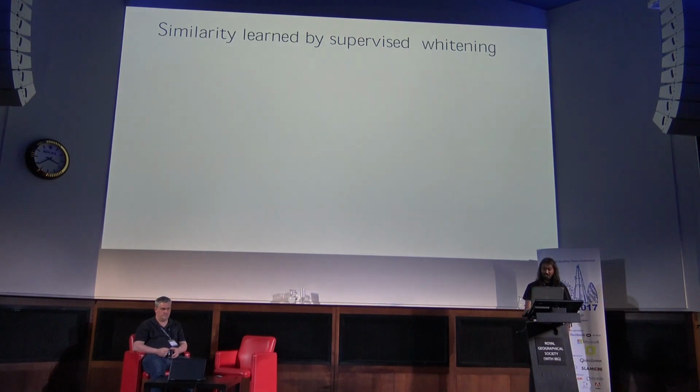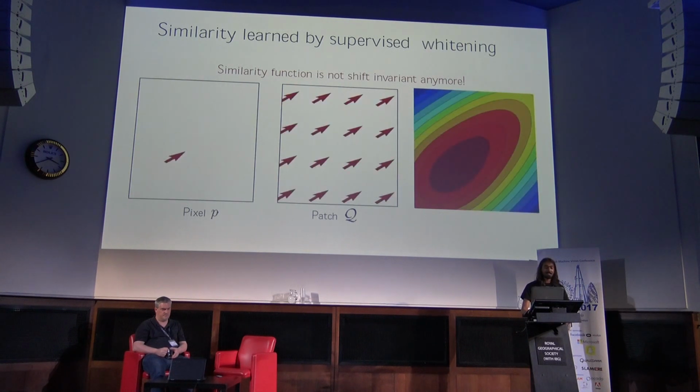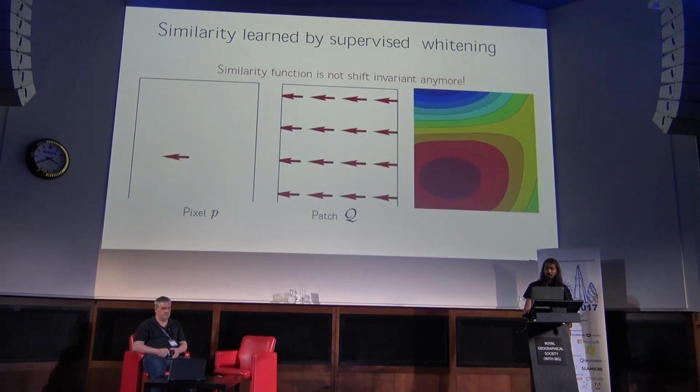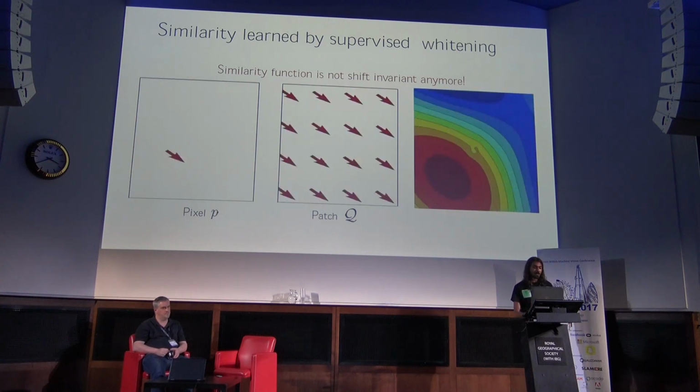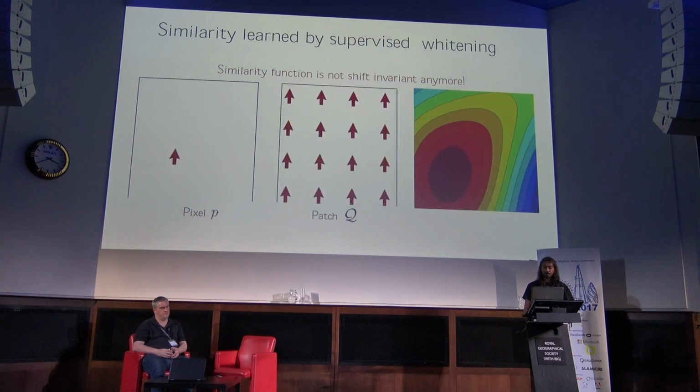So we find something really, really interesting. We already know that it should probably not be shift invariant anymore, but this is a very special kind of shift invariant. As you can see, what's happening is that the kernel is aligning itself to the orientation of this gradient. So I'm just going to zoom through this for a bit, and I hope you can see that this is indeed what is happening: the kernel is aligning itself to the orientation of the gradient.